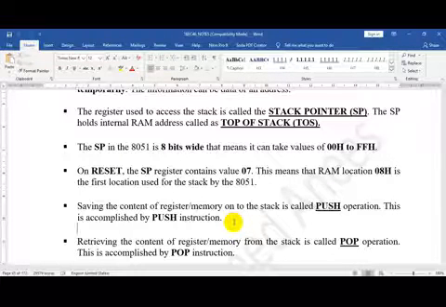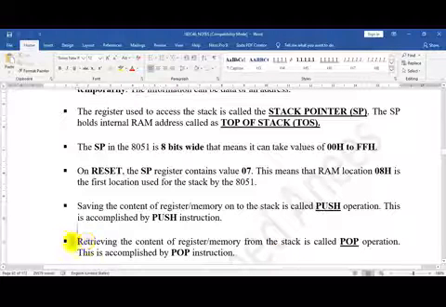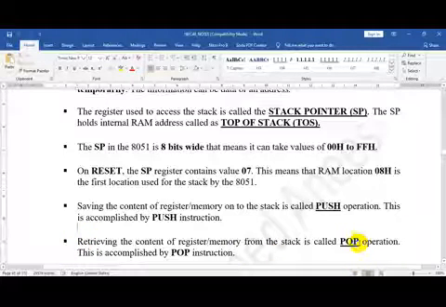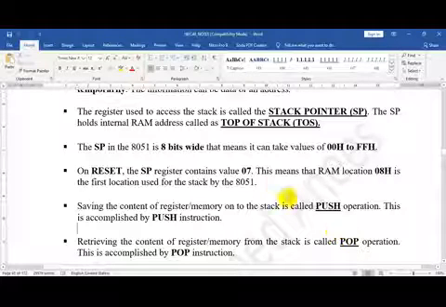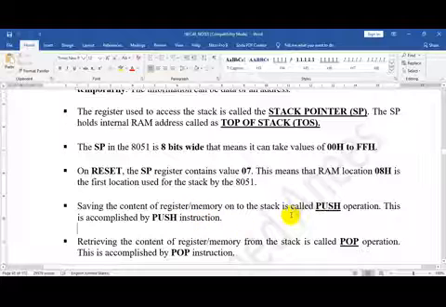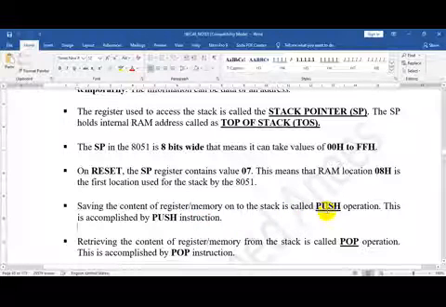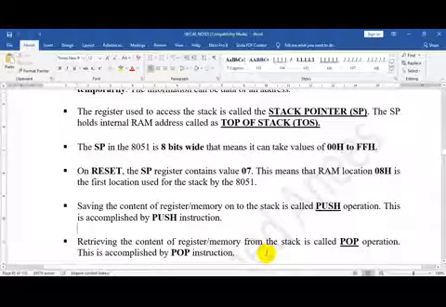Then whatever you have saved, retrieving those contents is called the pop operation. So saving the contents of the register or memory onto the stack is referred to as push operation, and retrieving the contents of register or memory from the stack is called pop operation.